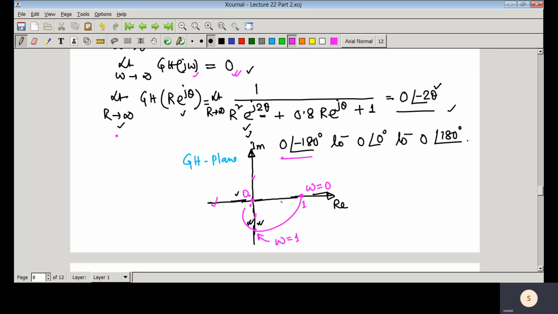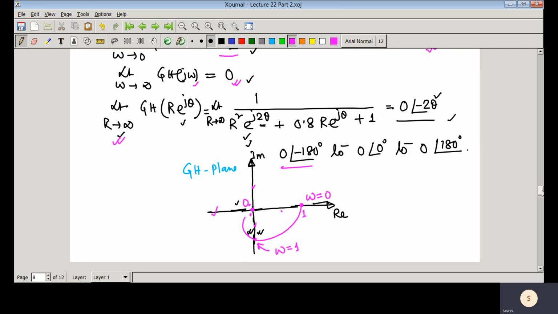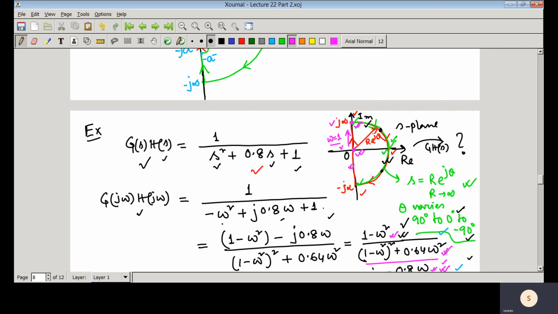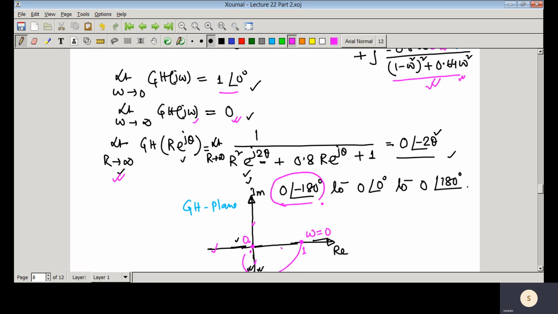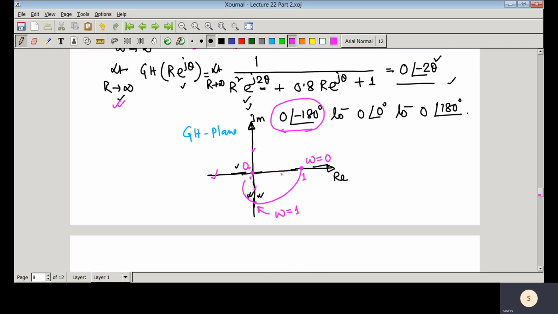That means whenever r is tending to infinity, so that means whenever you are here and theta equal to 90 degree, what is that value? That value is coming 0 angle minus 180 degree. So 0 angle minus 180 degree means this is actually the minus 180 degree axis, this axis. So that means you reach on that side, the left, on the minus 180, this side. And this is actually that minus 180 degree axis. So this is the 0 degree axis. So that means you reach this particular point and it is tending to 0.